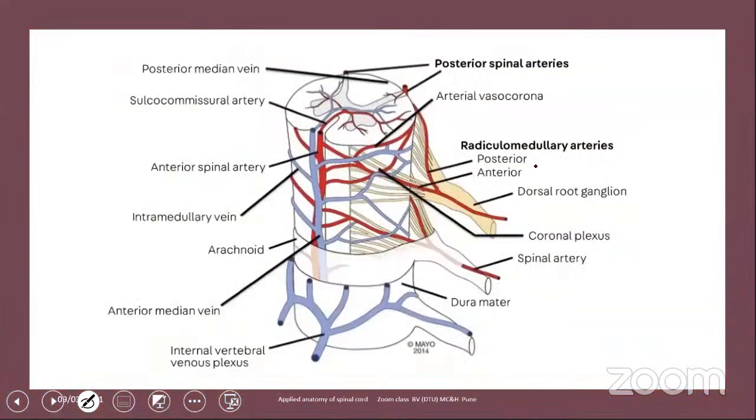You can see the diagram clearly, the network of the posterior spinal arteries, which are here and here, and the anterior spinal artery in the anterior. This is a sulcus, this is the gray matter of the spinal cord, and you can see the plexus of the dura mater and the epidural venous plexus. The internal vertebral venous plexus is Batson's plexus. These are the veins which drain the spinal cord. The importance is that Batson's venous plexus is connected to the cranium also. So metastasis can easily go to the brain through the venous plexus, which surrounds the spinal cord